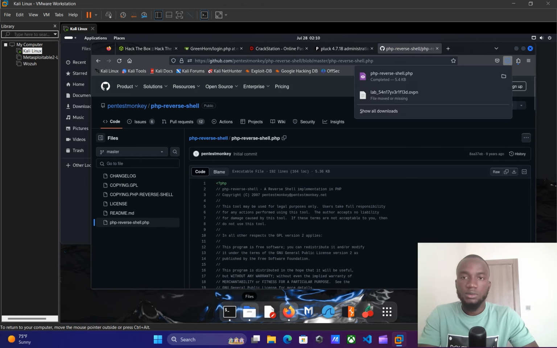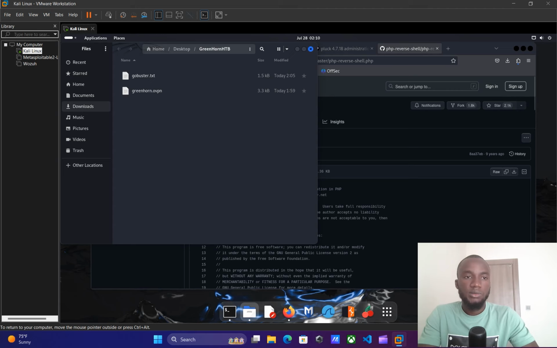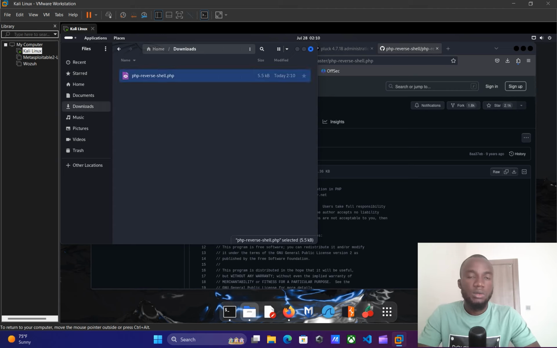So once the file has been successfully downloaded, I'm going to navigate to my download directory, and I'm going to rename this. To keep the name short, I'm going to rename it to reverseshell.php. So I'm going to click on rename, and I'm going to remove the php in the front. So I'm going to click on rename. So once the file has been successfully renamed, the next thing I'm going to do is find